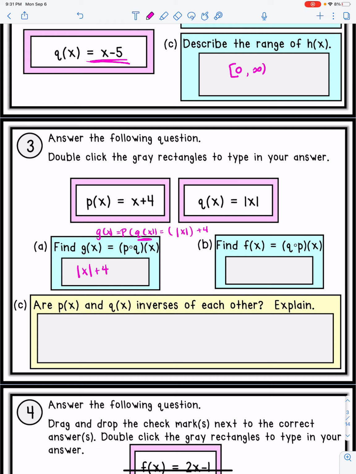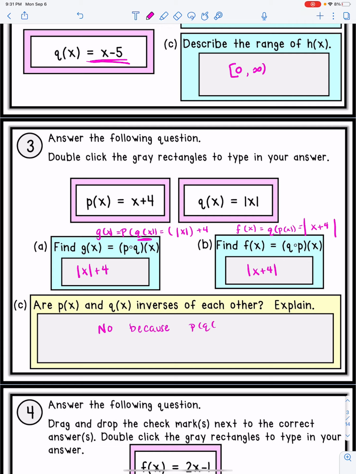Now, they want you to find a new one we're calling f, and it's q of p of x. So this function we're going to call f is really q of p of x. So we're going to start with q, so I have an absolute value, and then my x becomes the new input, which is p, so x plus 4. So it's absolute value of x plus 4. Are these inverses? No, because